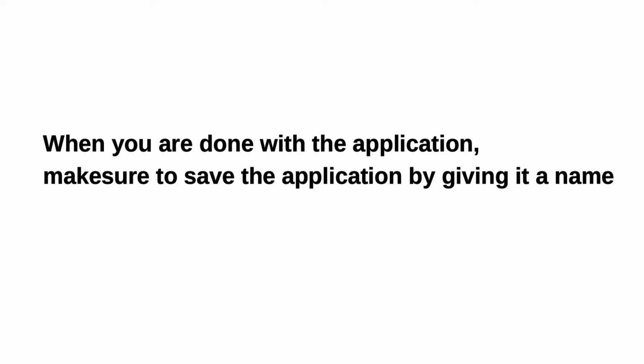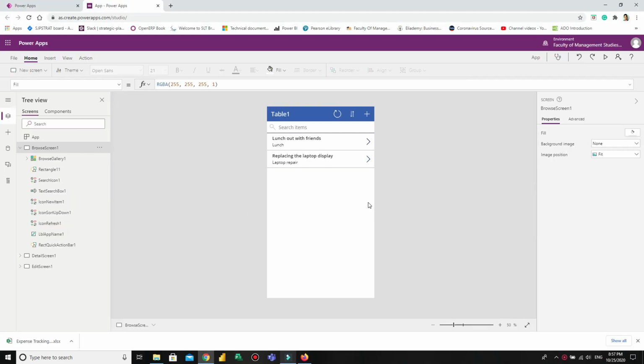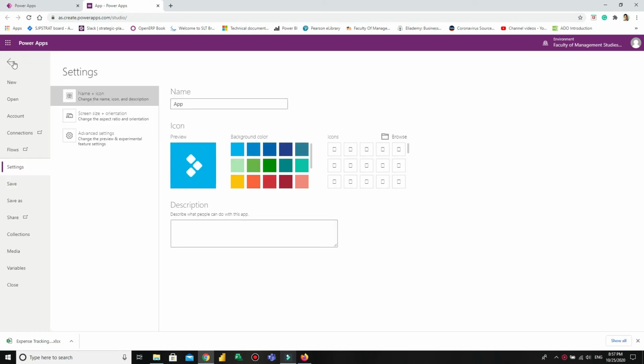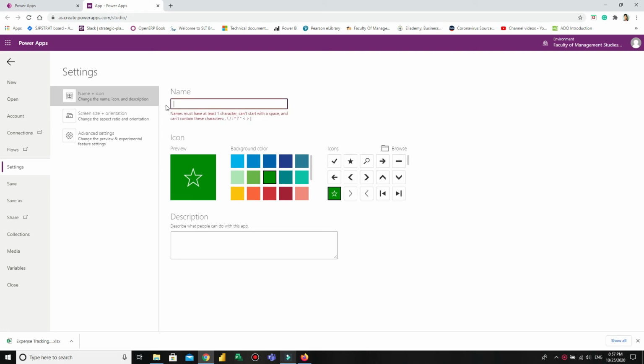When you are done with the customization part, make sure to save your application by giving it a name. You can save your application by clicking over File, and then you can choose any icon under any color and put any sign, and make sure that you give your application a name.